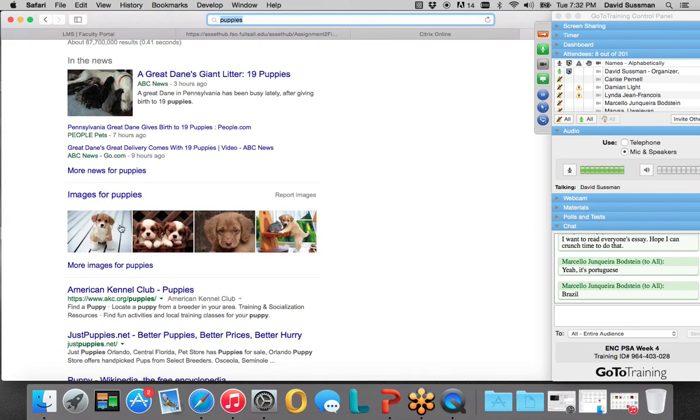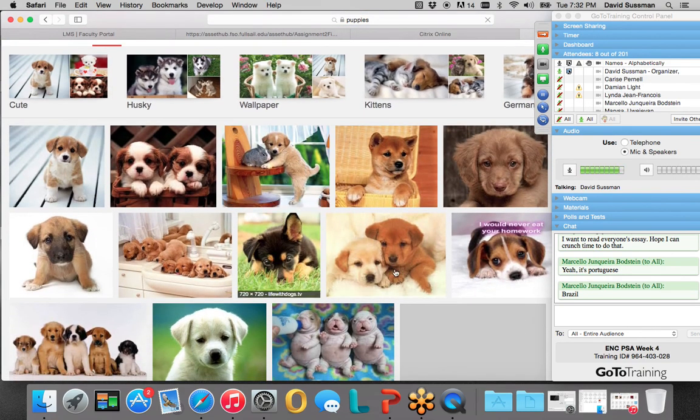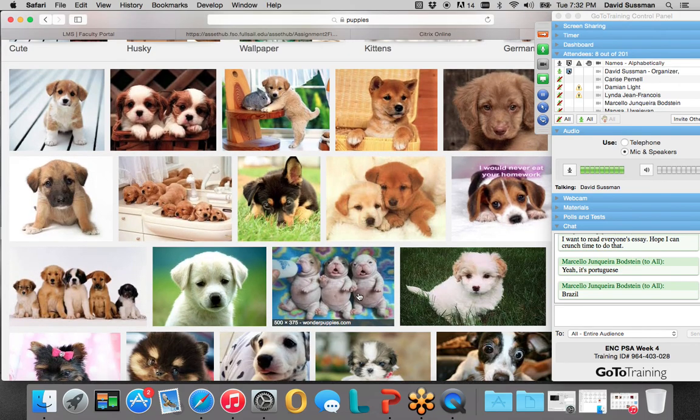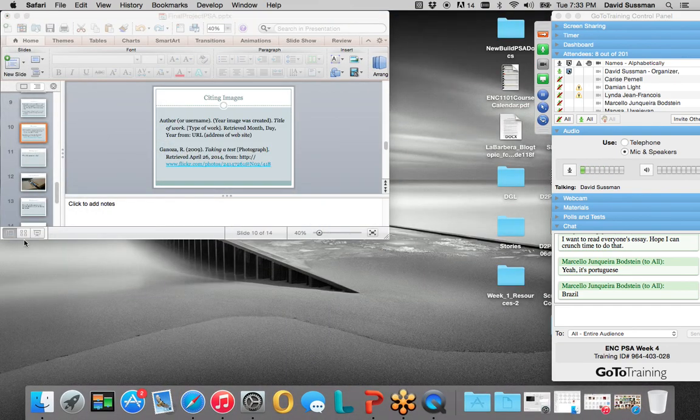This is what happens when you go into Google. So you get this thing, images for puppies. You click on it, more images for puppies. But chances are you don't know where these images came from. You don't know if they're all rights reserved or some rights reserved. So this is not what we do. We don't just head to the internet and grab what we want. I know that's tempting because so much of what we do online does feel like that. We just take what we want, we share what we want, we find a YouTube video that's cool, and we spread it around. But for this class, everything you use has to either be created by you or it has to come from an allowable source.